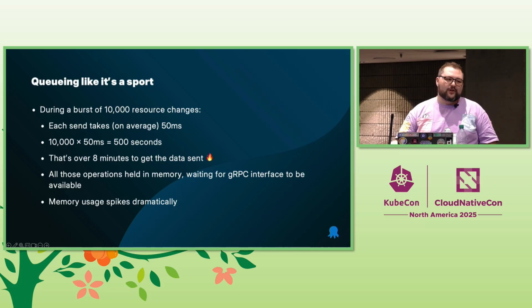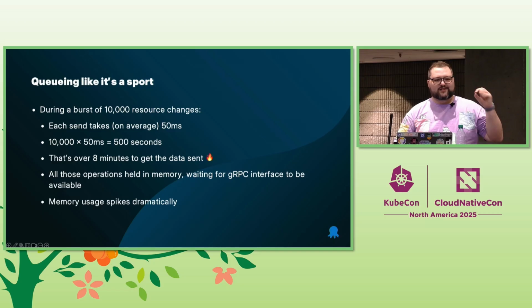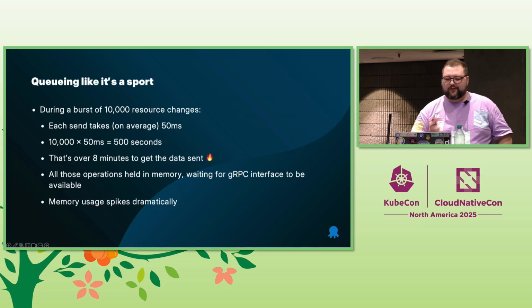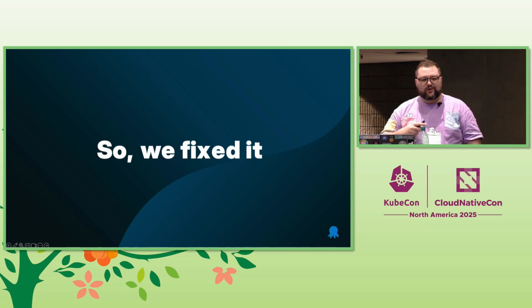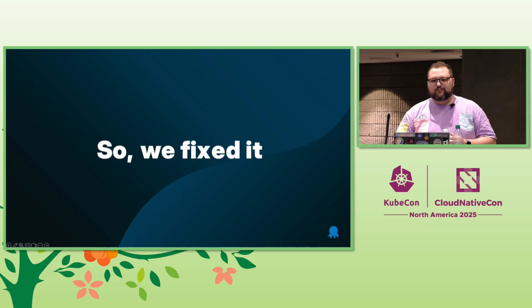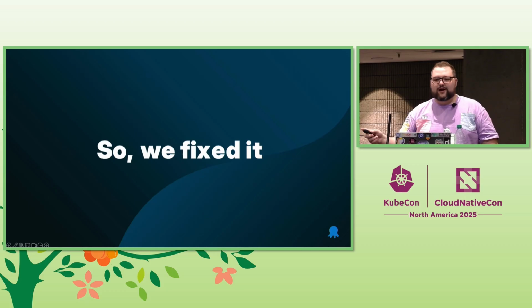So when you did that, all the operations got saved to memory, and that also led to memory spikes, which we thought, oh my gosh, it's the memory. The memory is causing the issue. No, it was me. So we fixed it. Once we knew what was going on, it was probably the easiest fix that we did in the entire application. It was just an accidental mutex call. We took it out. We used actual proper Go architecture and used channels and no locking, and it worked really well.